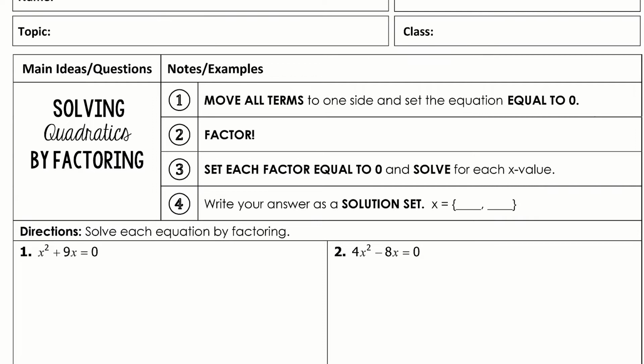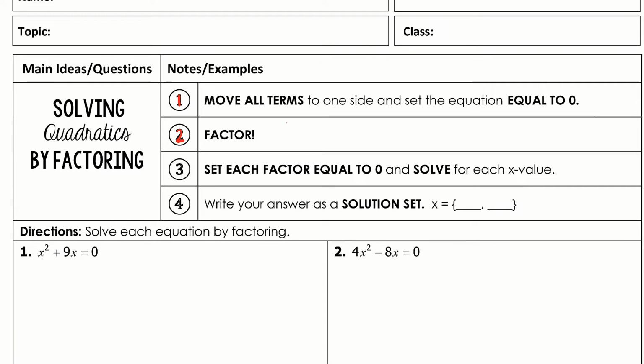So what we have different in this particular section is they're going to have an equation. And when there's an equation, see if you look down here, there's equal signs on these problems. And when that's the case, first of all, we have to move all the terms to one side where you have an equation that's set equal to 0. Then step 2 is we're going to factor, and we're going to use one of the different methods that we talked about